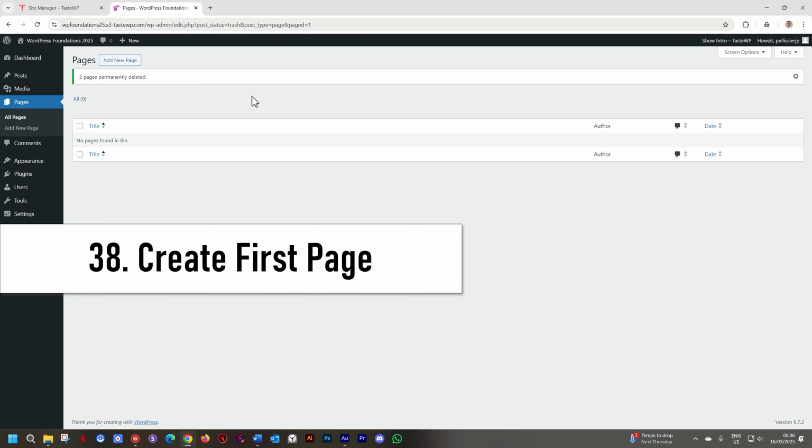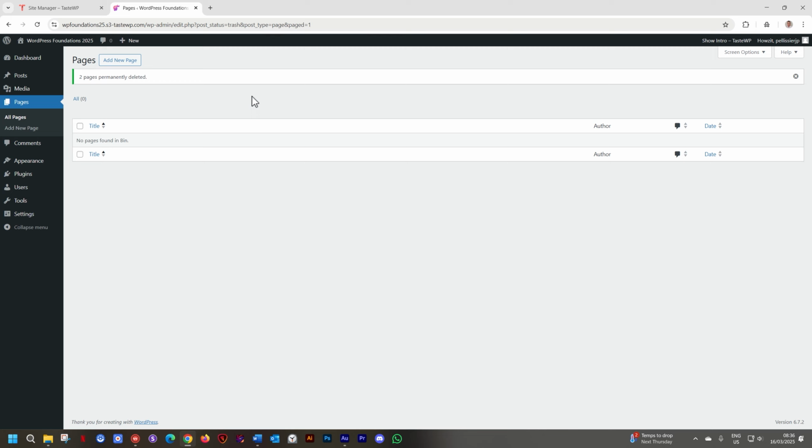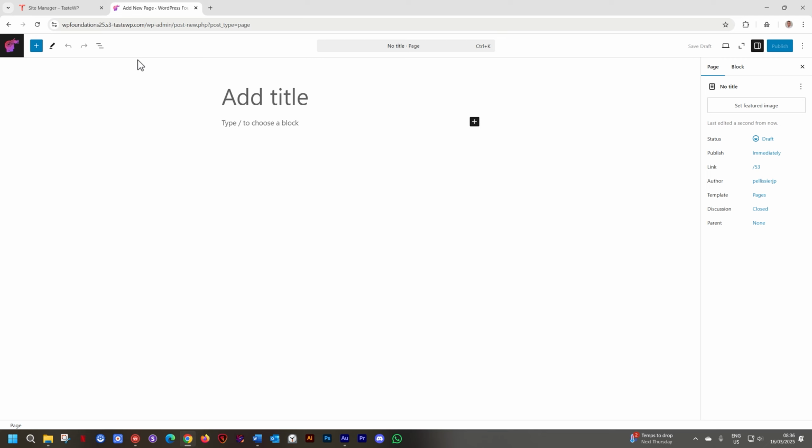Most sites start with a homepage. If you are designing a website for your coffee shop or your butchery or your gardening services, all of that will start with a homepage. That's where we will start. We'll click on Add New Page. You tell me, but JP, this looks just like the posts. Yeah, it looks just like the posts, but it isn't a post.